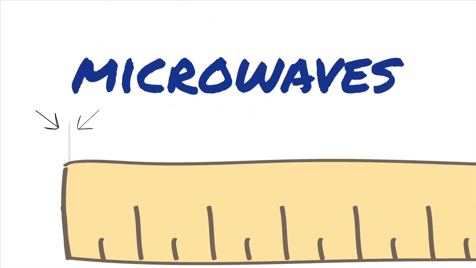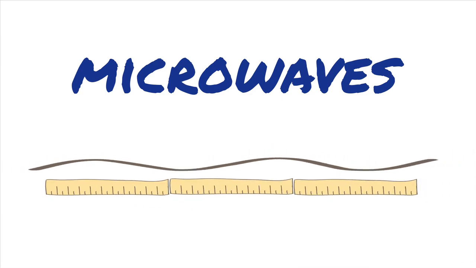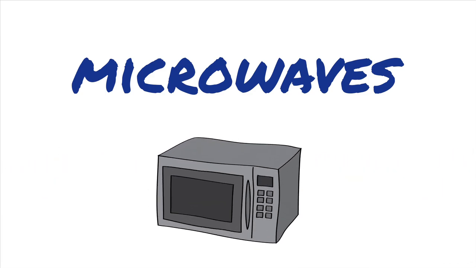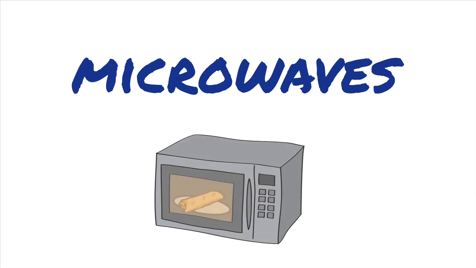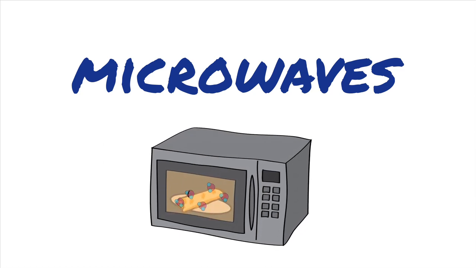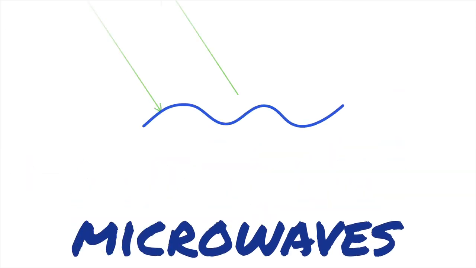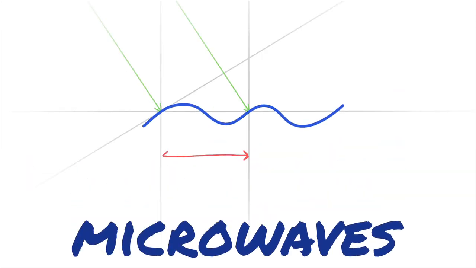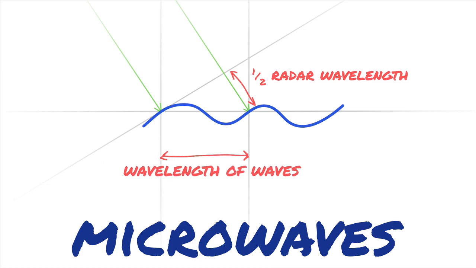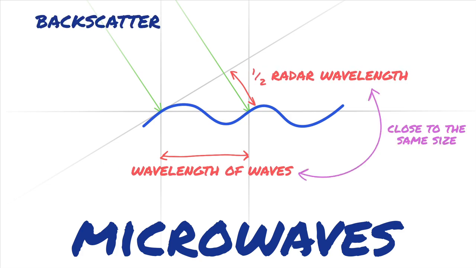Microwaves have wavelengths between 1 millimeter and 1 meter, and, in case you were wondering, microwave ovens work because those light waves are exactly the right size to agitate the water molecules in your food, heating it up. They're also exactly the right size to tell us about wind-driven ocean waves. The spacing between the waves and the wavelength of the radar are similar, which causes a resonance effect and makes